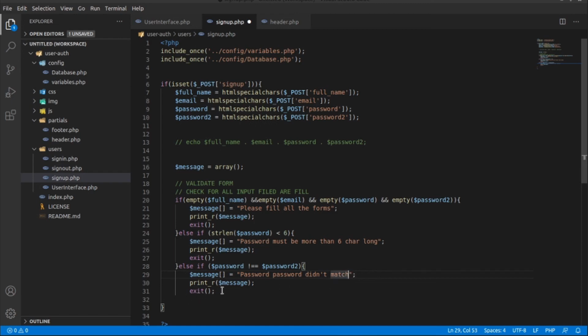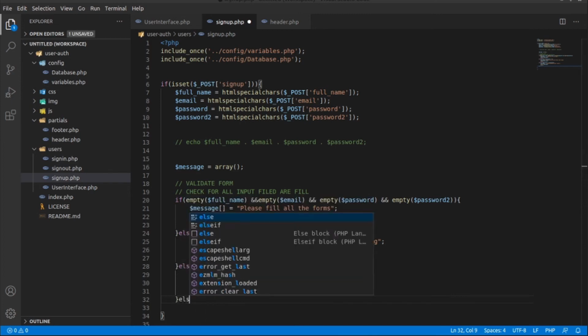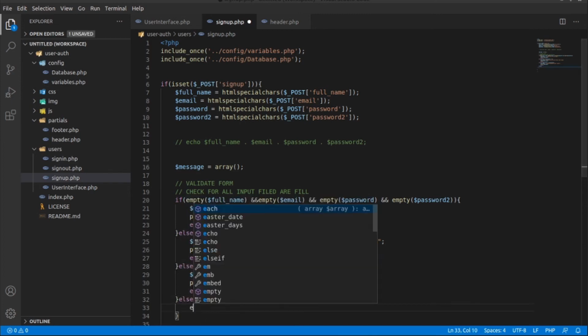Okay, the next condition is for our, actually we need to close our else if condition here. Now the next condition is the else condition.